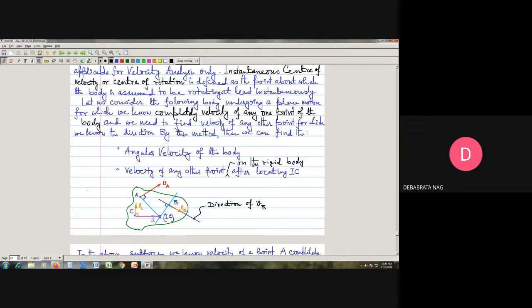So we know that if we have a rotational motion, and this is the center of rotation, then if I join this point A, the direction of the velocity will be perpendicular to the line joining the center of rotation to that point. And the sense will depend upon the sense of rotation of the body. So if this is the sense, obviously the sense of velocity will be this. But what is important is that this line joining the center of rotation to that point will be perpendicular to